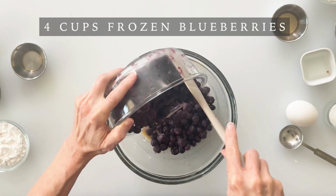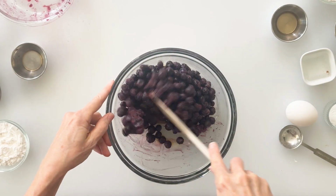Now for the blueberries, you could use fresh or frozen, and the only difference is that the frozen blueberries will need to bake a little bit longer. I love the convenience of being able to use the frozen because then you can make this cobbler all year round. So I'm adding 4 cups of frozen blueberries to my bowl, and then we'll just give these a good